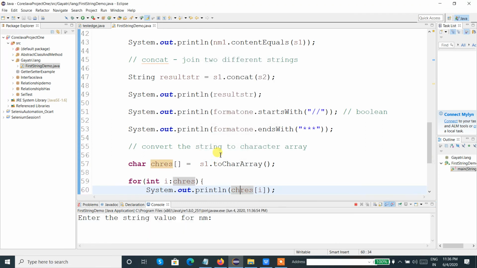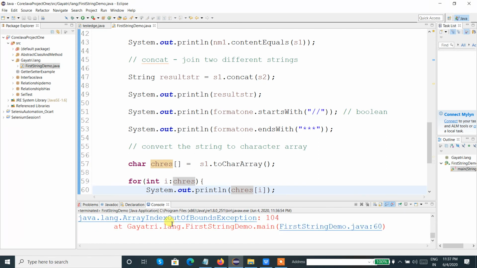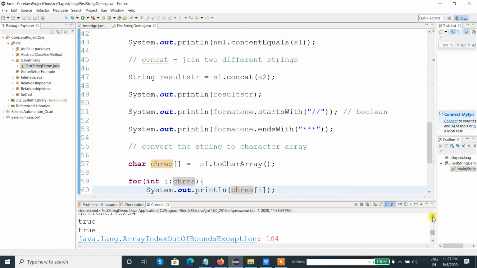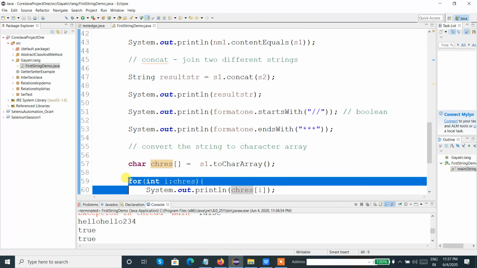Let's check. Fine, some issues are there with this for loop.